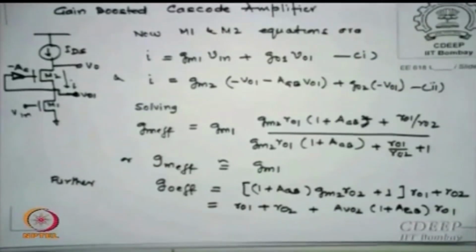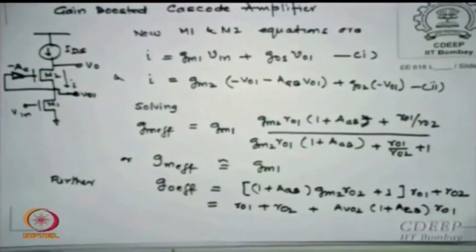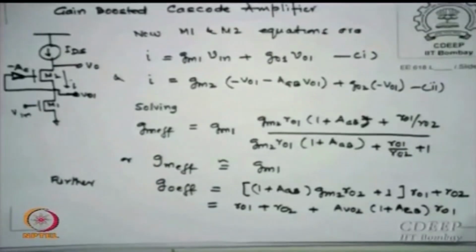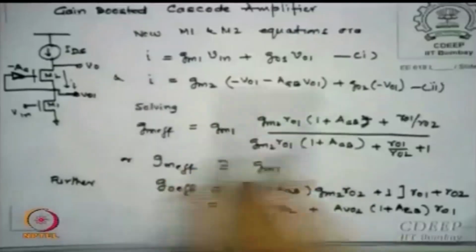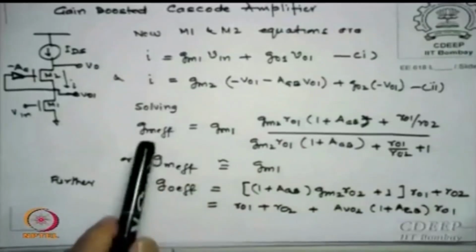All that I did, that I have boosted, earlier it was 0 minus VO1, now it is A VO1 minus VO1. So it is slightly (A plus 1) times VO1 that I am now giving to the gate of M2. This is called boosted gains, or boosted ROs. Same way I can repeat the same expression for M1 and M2, and figure out